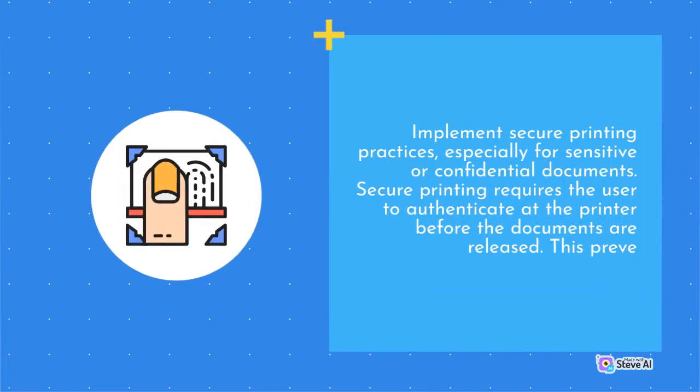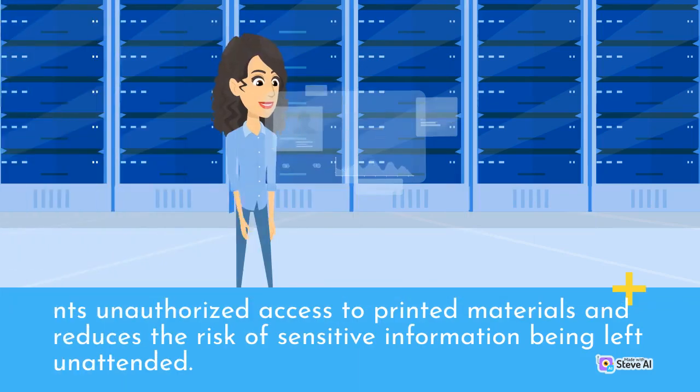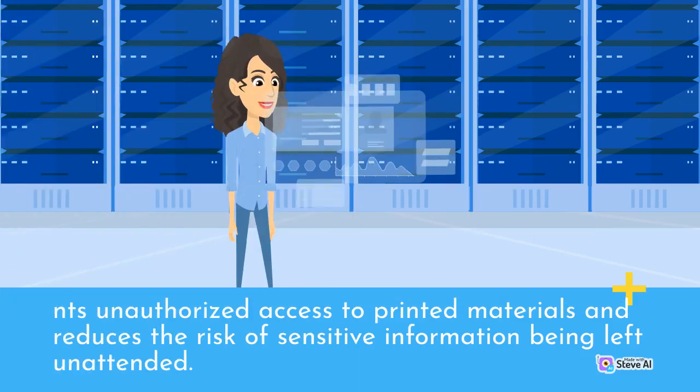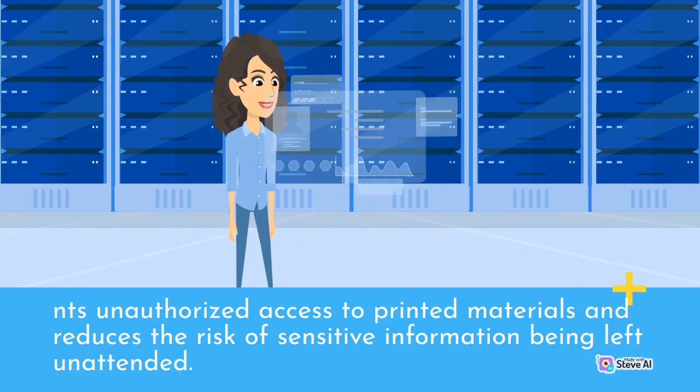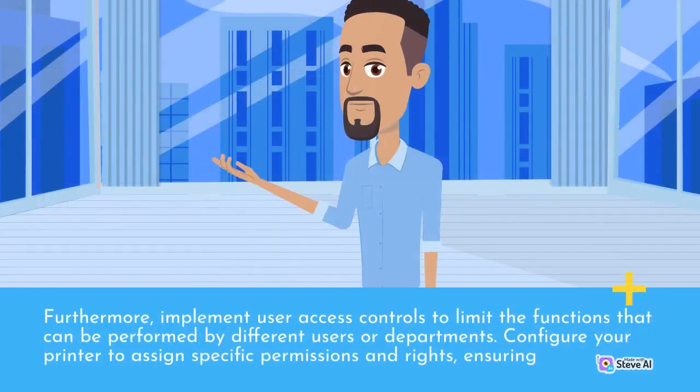Implement secure printing practices, especially for sensitive or confidential documents. Secure printing requires the user to authenticate at the printer before the documents are released. This prevents unauthorized access to printed materials and reduces the risk of sensitive information being left unattended. Furthermore, implement user access controls to limit the functions that can be performed by different users or departments. Configure your printer to assign specific permissions and rights, ensuring